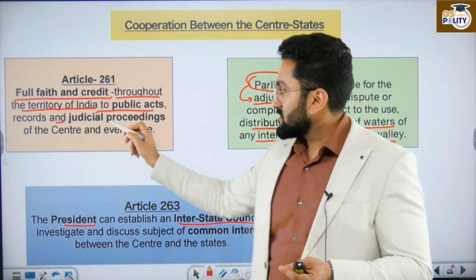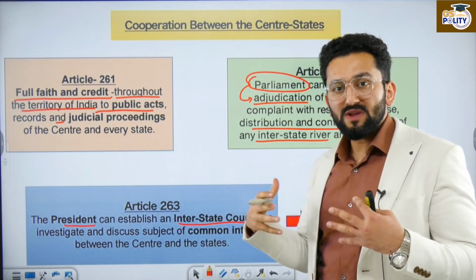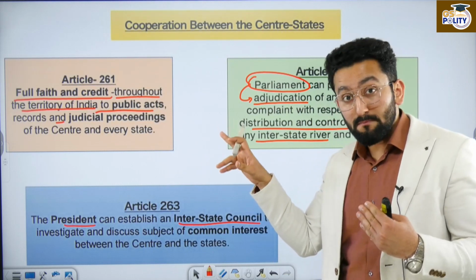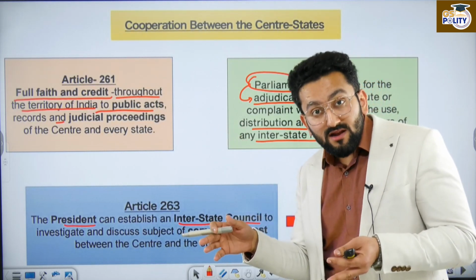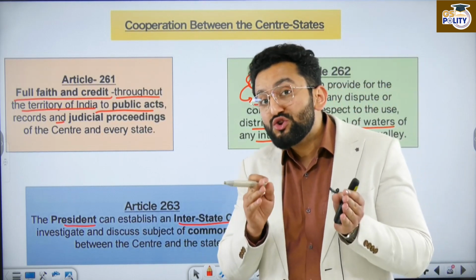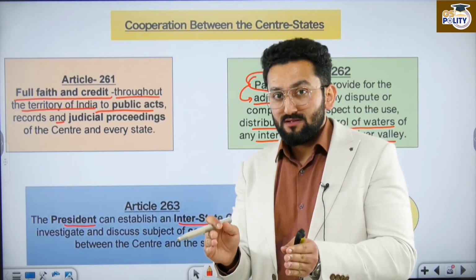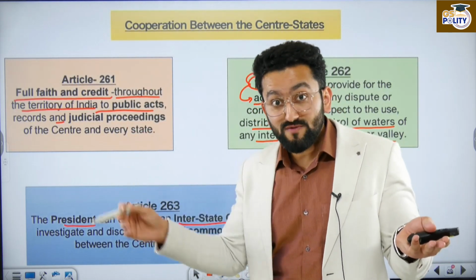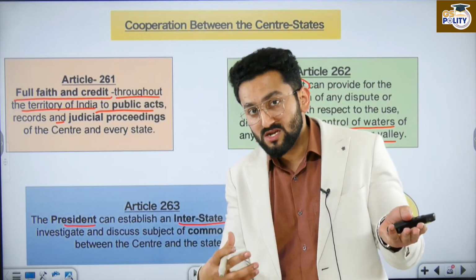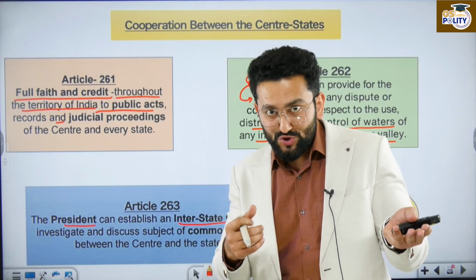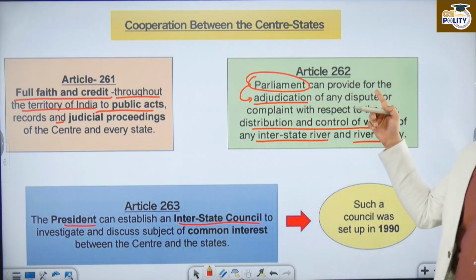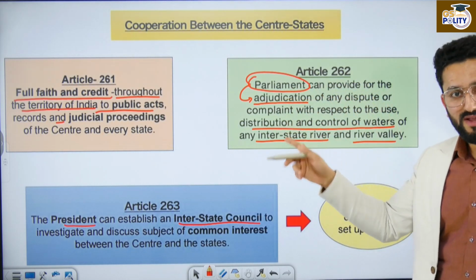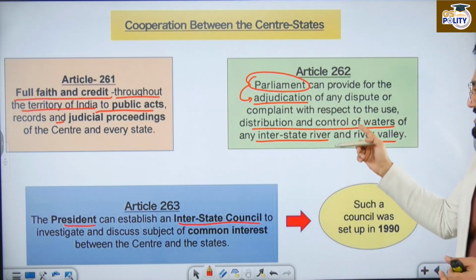So public acts and judicial proceedings of the center and every state should be received with full faith and credit. Okay, if they are not being received in this manner, then it will be considered an unconstitutional act by that particular department, and actions can be taken against the department, right? Because it is unconstitutional. When I say unconstitutional, it means you are standing opposite to what is mentioned in our constitution. Okay, Article 262, what it says, Parliament can provide for adjudication, means if there's a dispute with respect to